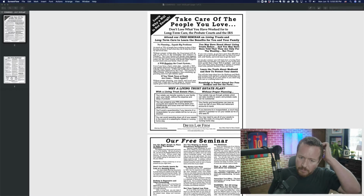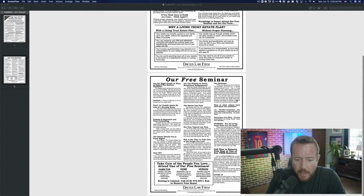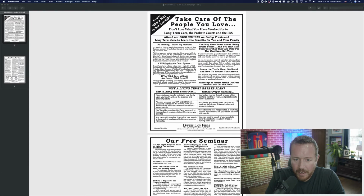So overall, I think that the content in here is actually really good. There's a couple things that I would probably do just to make this pop a little bit more and have a little bit more of an impact. And I think a big part of what's going to increase the effectiveness of this flyer, and I'm not saying this flyer is not effective,